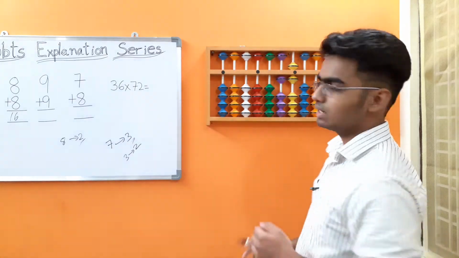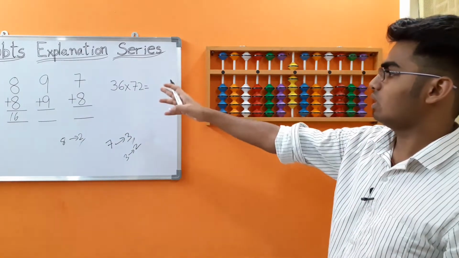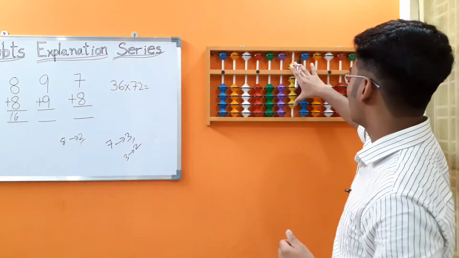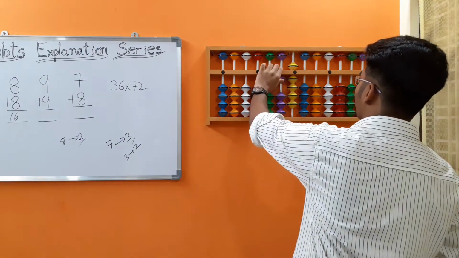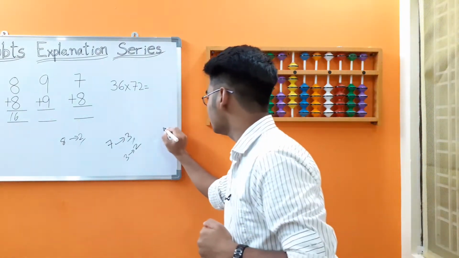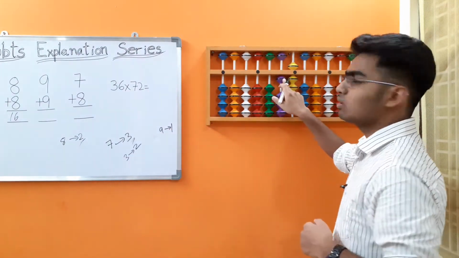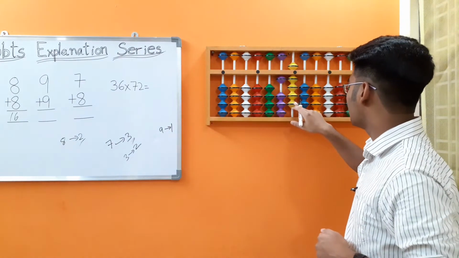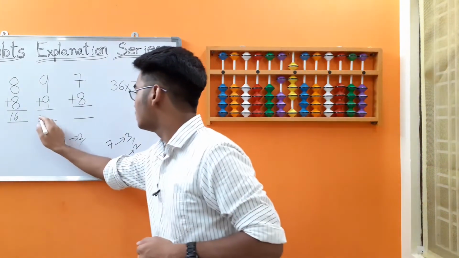9 plus 9 is our next sum. I've placed 9. We have to add 9 again. This rod is completely occupied. Let's make use of big friends concept. Add the boss 10. Now who is the friend of 9? 9's friend is 1. We have added the boss 10. Subtract 9's friend 1 from the units rod. Got the answer as 18.